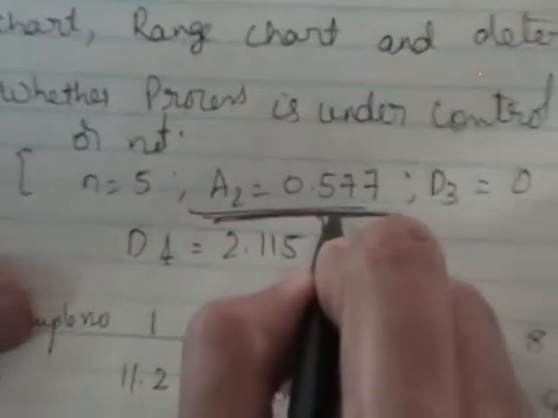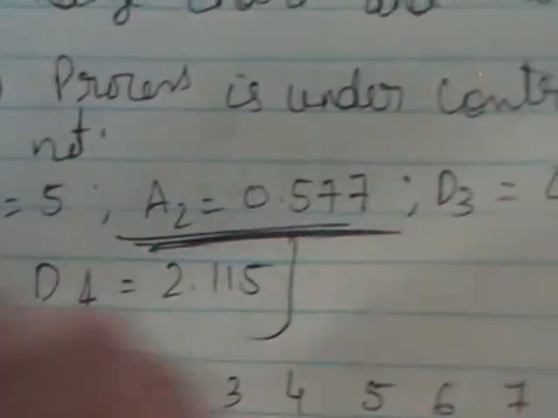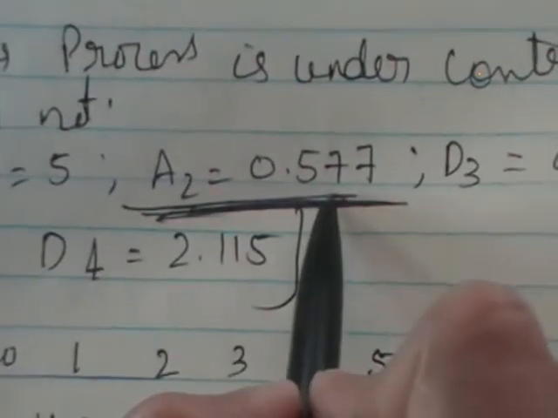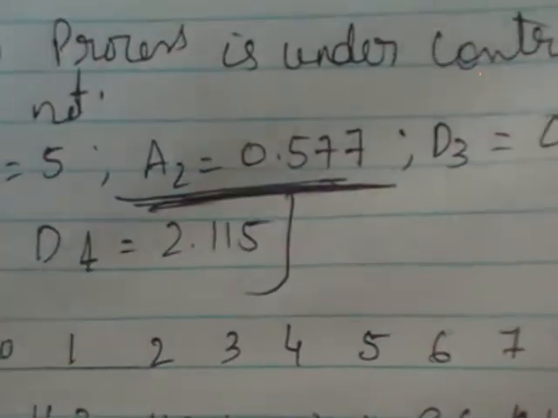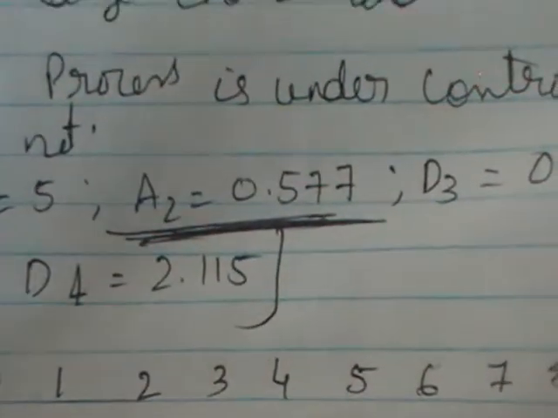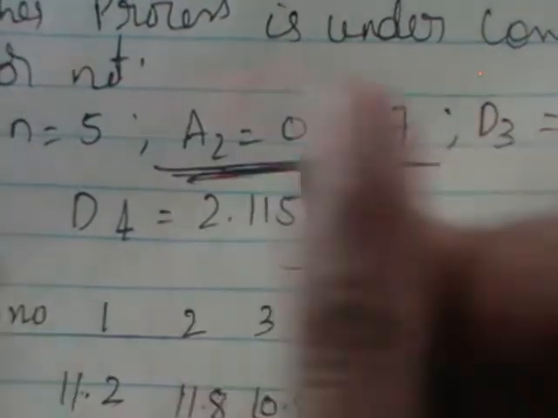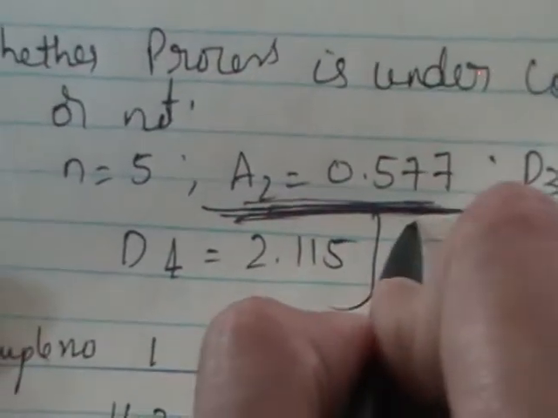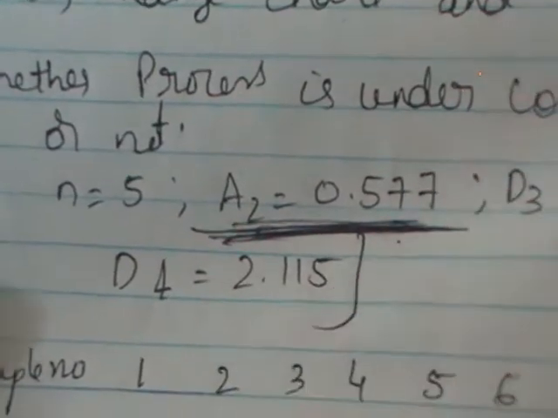If you observe the given question, as I said, this A2 value will be given to you, as in the procedure we wrote that A2 values will be tabulated from the tables. Likewise, while doing the large and small sample tests, you have Z alpha by 2, t alpha by 2 as the table values. Similarly, these are the table values which will be given to you. So here A2 is 0.577.